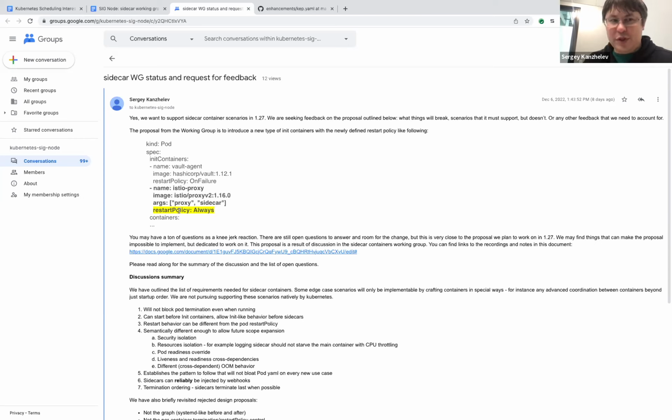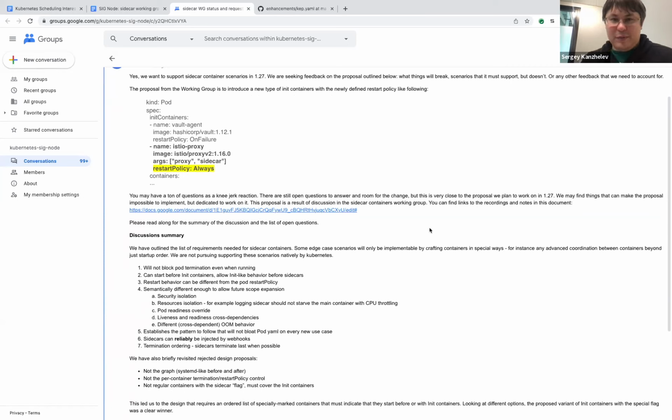So it will live through the initialization stage and through the regular containers' lifecycle, and they will not block the termination of a pod. So if all other containers in a job, for instance, completed, then these containers will be terminated by kubelet. So this is an overview of the change that we propose. Now it has a lot of issues for customers and for implementation. One obvious one is backward compatibility. Before, people didn't expect that init containers would survive through the lifecycle. Now, some of them will.